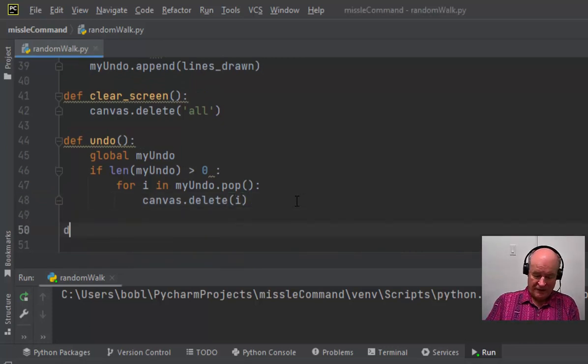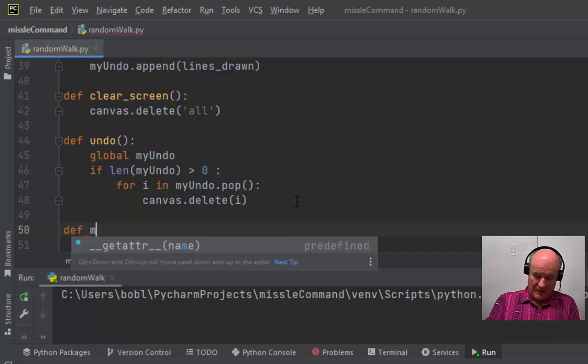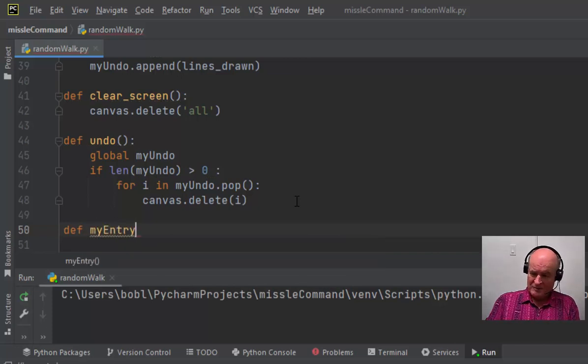And I'm going to call it define my entry. I'm using kind of Camelback. I want to know where on the canvas do I want to put it? What's the text that I should set on my entry button? And what is the default value? Because I need to set a default value for the program to know what the default value should be of